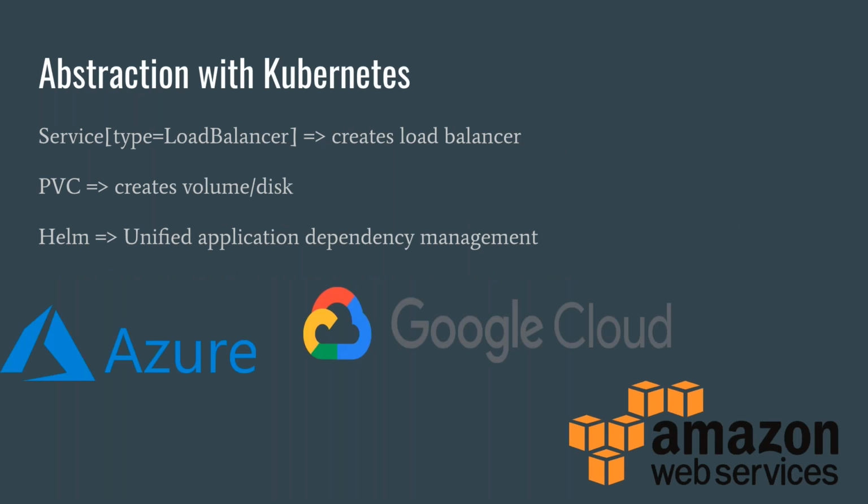Okay, we are talking about abstractions, but is there any example on this? Let's say that in a Kubernetes environment, if you create a service with type load balancer, actually it will create a load balancer in the cloud provider. So you don't need to know how you can create a load balancer on Azure, on AWS, or on GCP, whatever other cloud providers. And also, we said persistence, and here you will need some kind of volume, disk. This term's always changing. And in the Kubernetes world, you can just create a PVC, and then it will create a disk, volume, etc. for you in the background. You don't need to know this.